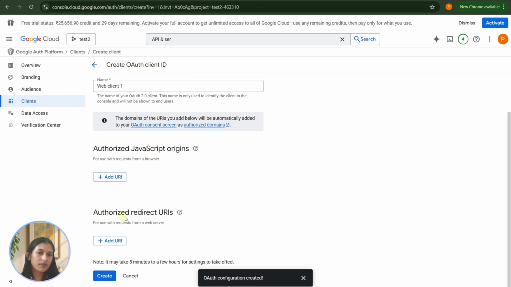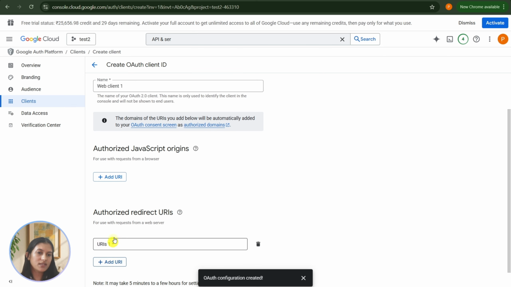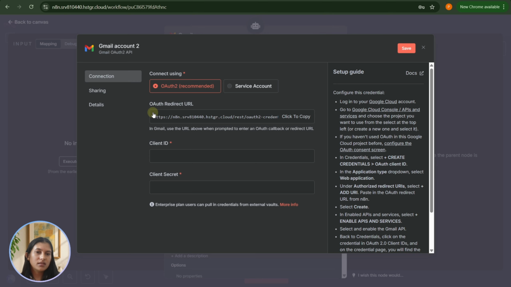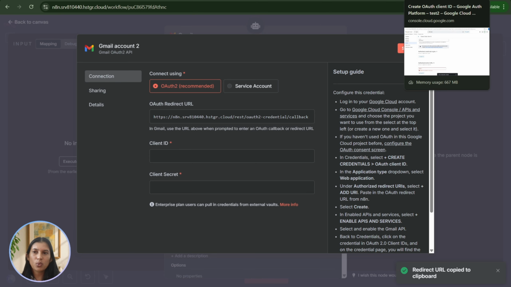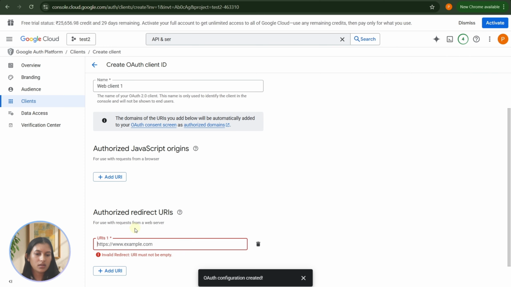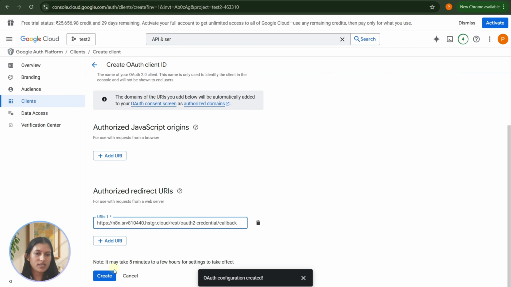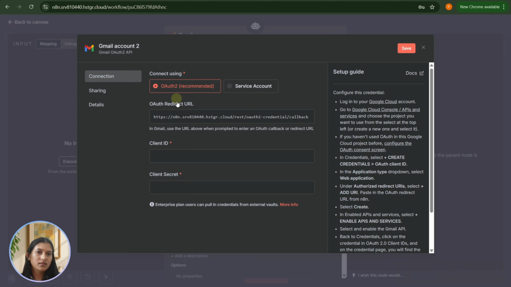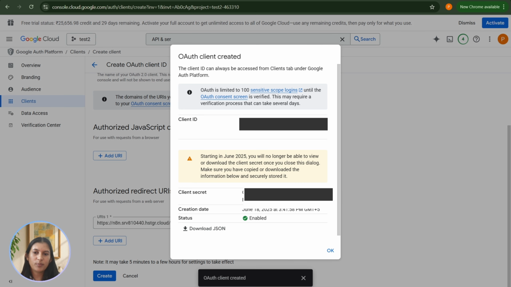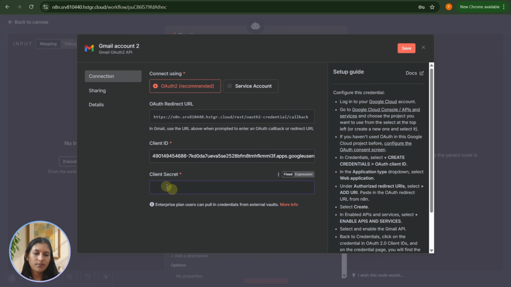Here, under authorized redirect URIs, you need to add this OAuth redirect URL of n8n so that n8n is able to access your Gmail account. Once this is added, click on create. Copy your client ID, paste it over here. Copy your client secret, paste it over here and just save.